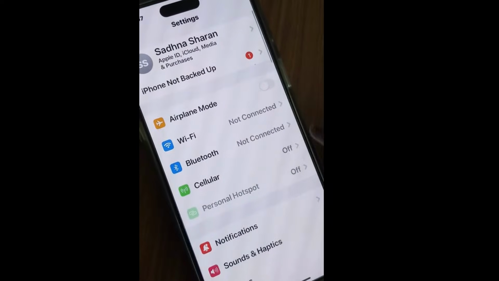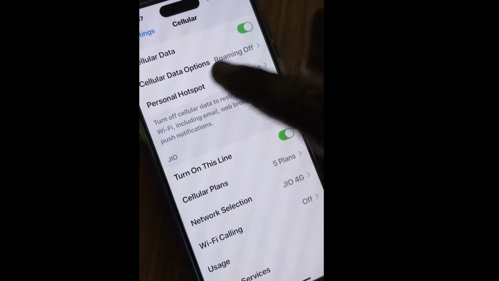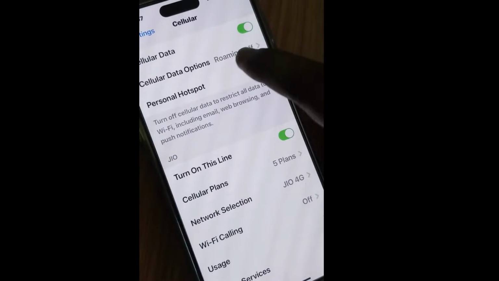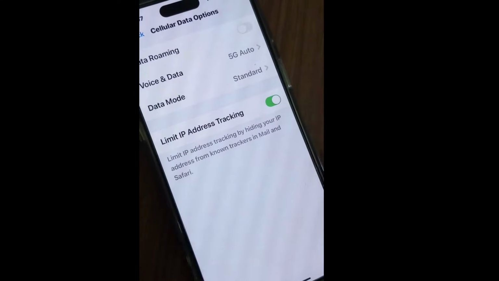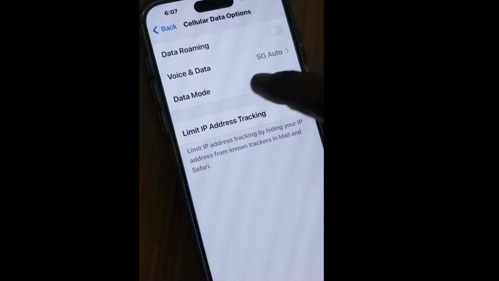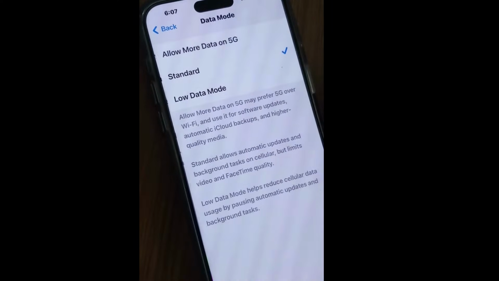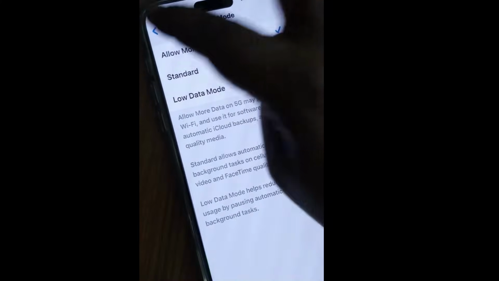To fix this, go to Settings, tap on Cellular, and first enable Cellular Data. Thereafter, tap on Cellular Data Options, and here choose Data Mode. Tap on Data Mode and select Allow More Data on 5G. Thereafter, go back